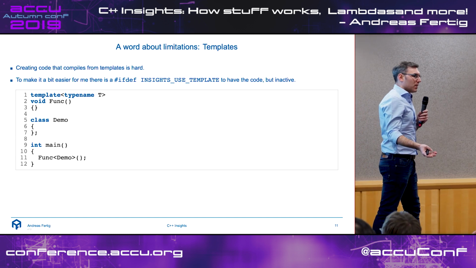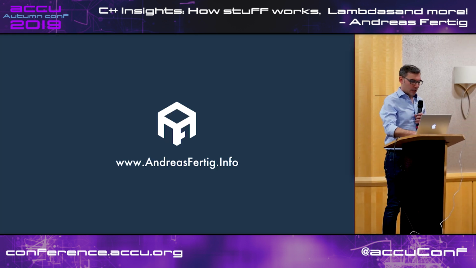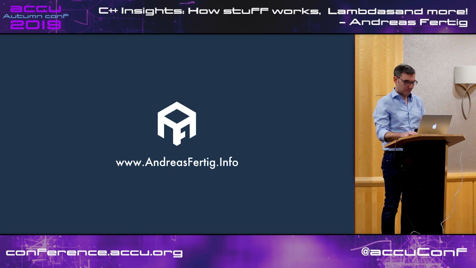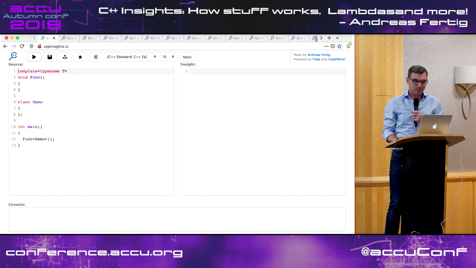I can transform this in C++ Insights, and it then looks like this. It's now getting really interesting doing this with one hand. Then it looks like this, and if I do the transformation, really do it.